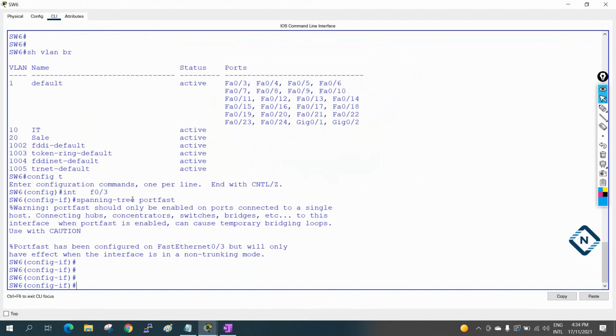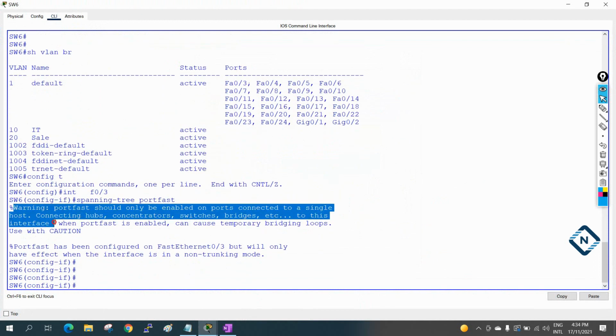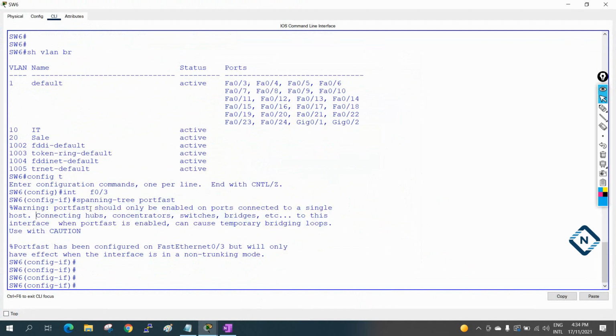Okay, if you see here, maybe you will have some confusion. Here we are getting that warning: port fast should be enabled only on a port connected to a single host. Connecting a hub or any other devices, that is a switch or bridge, to this interface, when port fast is enabled, can temporarily bring a loop. They are just notifying us, giving the warning.